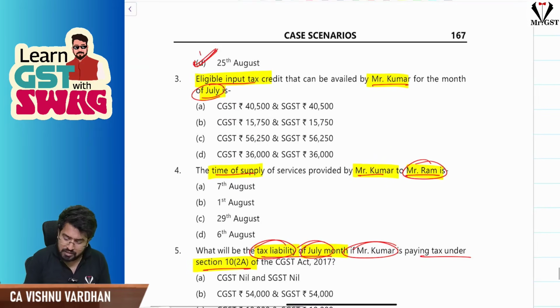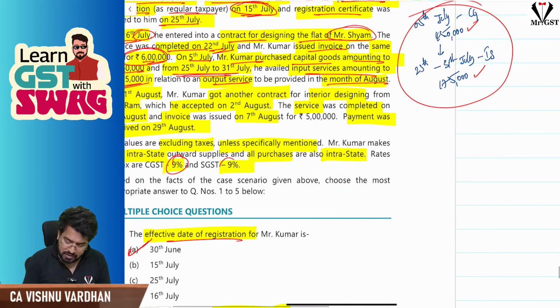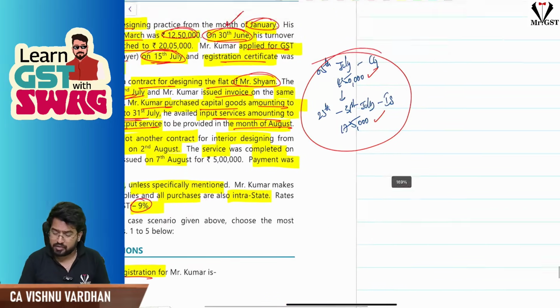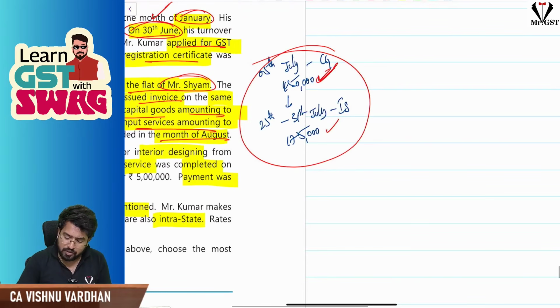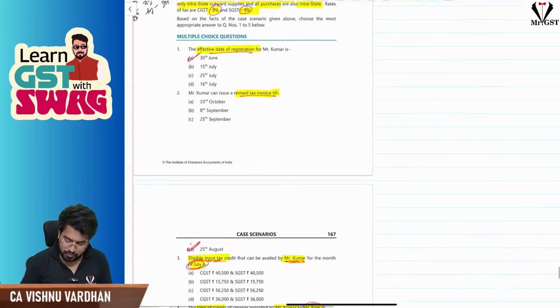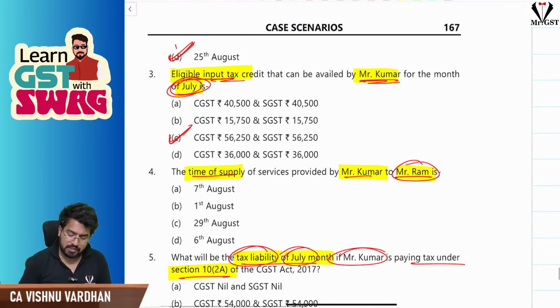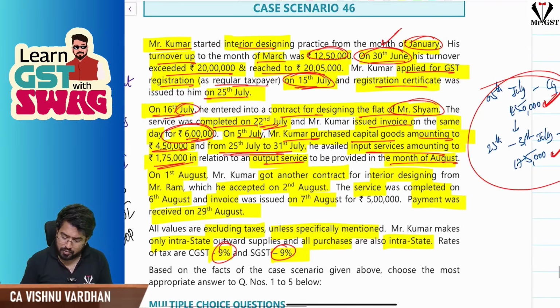If you see what is the eligible ITC for Kumar for the month of July, if you see, GST rates are 9%, 9%, all are interstate supplies only here in this question. So 4 lakh 50,000 plus 1 lakh 75,000 into 9%, if you put it, 56,250 should be the answer. So 56,250 is the answer. Okay. Now,